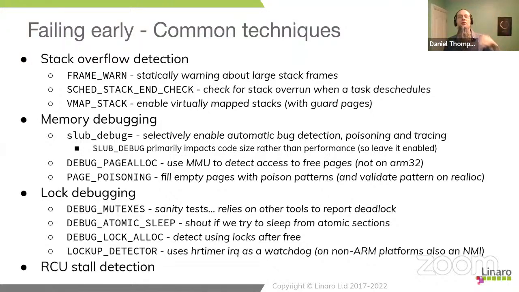Moving on from that, we have more general memory debugging, where we're trying to think about whether allocators are being used correctly, whether we're writing past the ends of dynamically allocated memory and things of that nature. There's a couple of examples up here. So I'll bring up slub debug. Slub is the standard allocator that we use to allocate slabs. And this is basically decomposed pages where we might want to allocate small blocks.